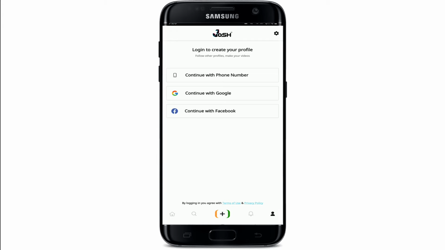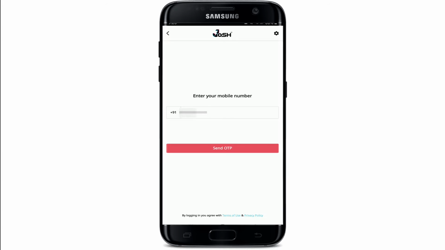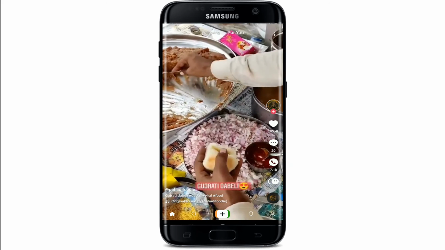Let me go ahead and tap on Continue with Phone Number option at the top. Now, type in your phone number in the text box and you'll receive an OTP number on your mobile device. Tap on Send OTP and wait for the OTP to arrive on your phone. Once the OTP arrives, type it in the text boxes, and soon after you do that, you'll be logged into